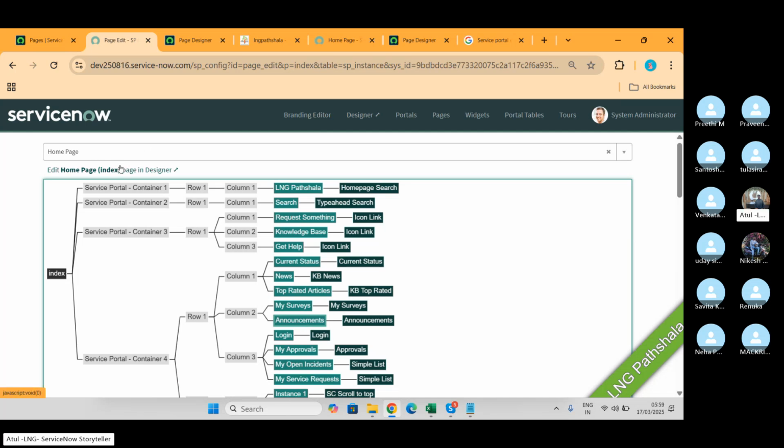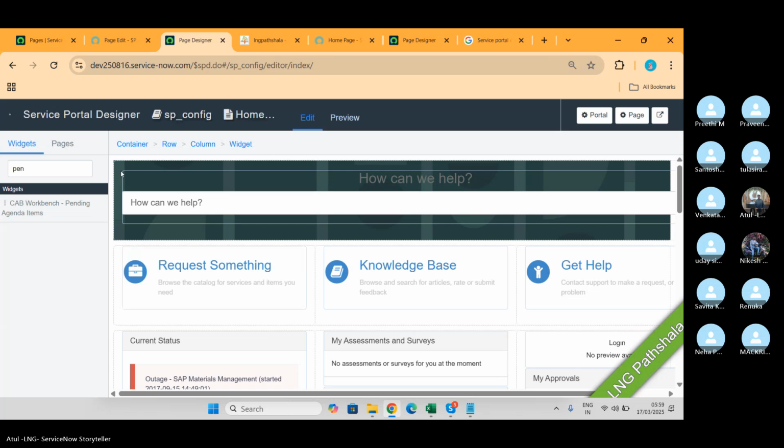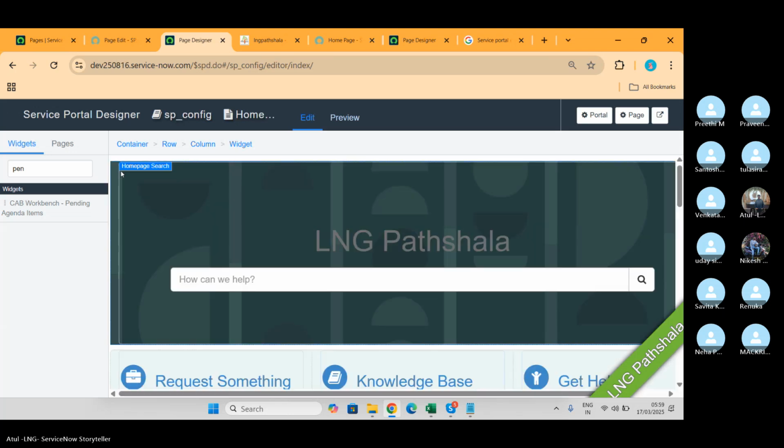And if you want, you can open this page in the designer. इस format में खुल जाएगा. So that you can make changes now. Clear, everybody?